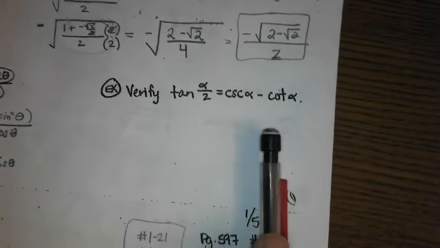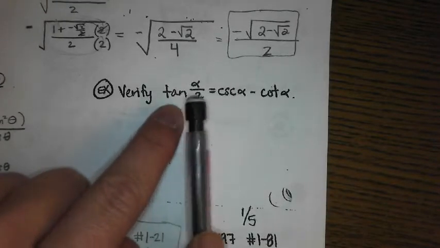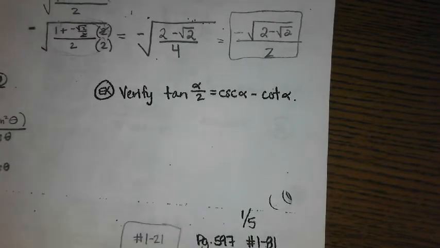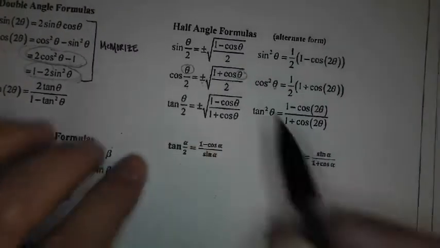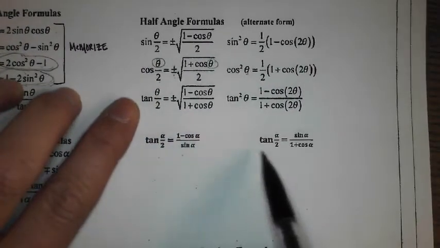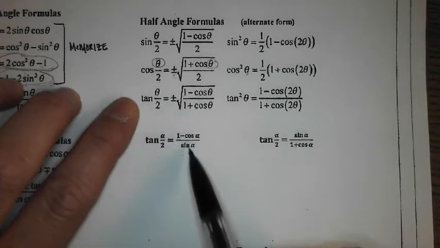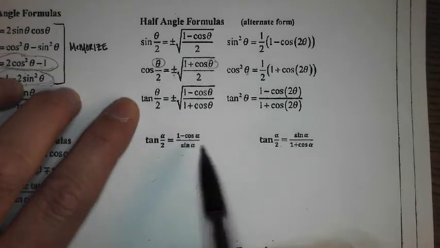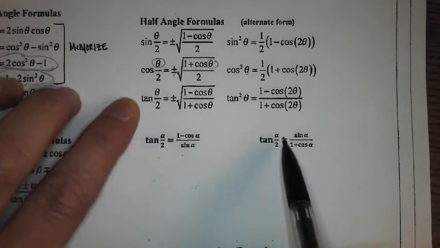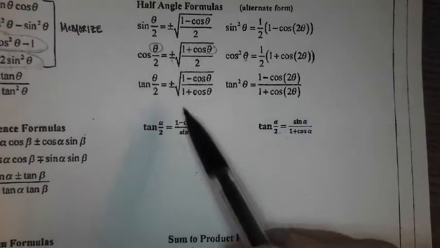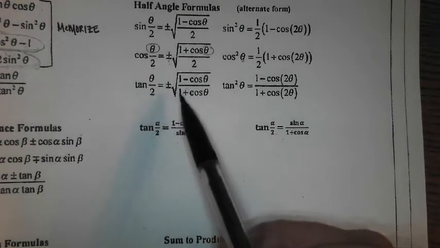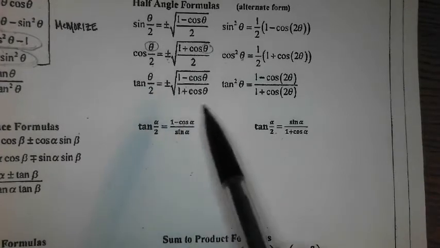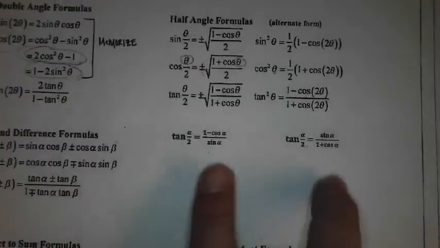And then over here we have a half-angle formula for tangent on our left. So I'm going to start there. And I have to actually talk about this. There are 3 formulas for the half-angle of tangent. 1, 2, 3. So we have another choice to be made here. First of all, as far as the plus or minus, I have no guidance as to what to choose. So I'm going to probably stay away from that because I don't know whether it would be plus or minus. But look at these 2 examples